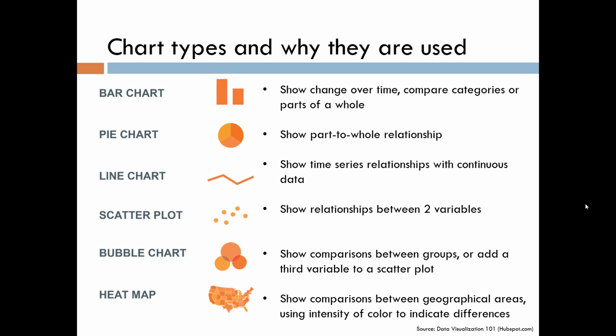Scatter plots show relationships between two variables. Are they correlated, and if so, what is the nature of the relationship? Bubble charts are like scatter plots, but where a third variable is added to the plot, reflected in the size of the bubble. A heat map shows comparisons between geographical areas, with color intensity showing the differences between the areas. It's also sometimes used to show areas on a web page or display ad to show which parts attract the